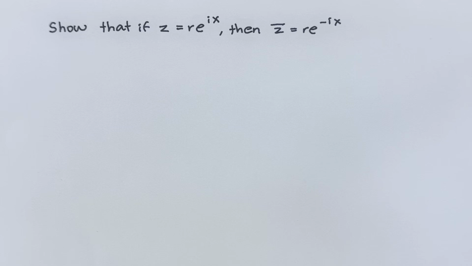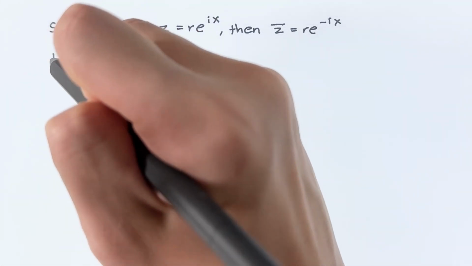In this problem, we are going to show that if z equals r times e to the power of ix, then the conjugate of z equals r times e to the power of negative ix. So, z equals r times e to the power of ix is known as Euler's formula. And by Euler's formula,